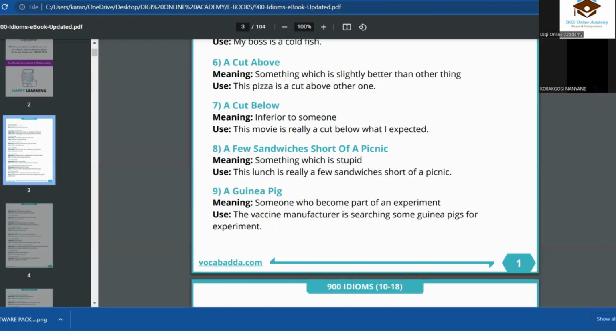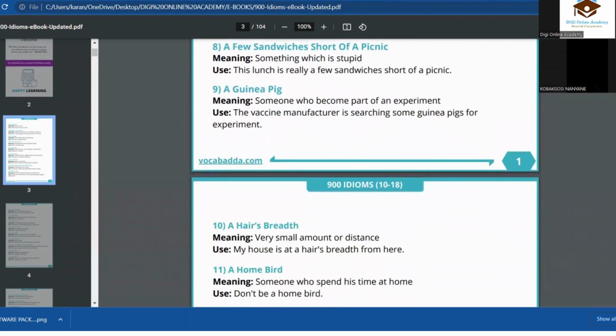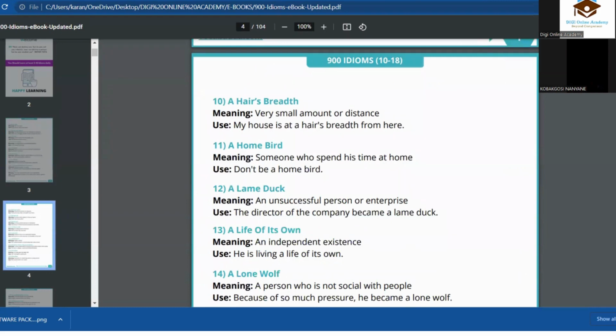Shall we move on to the 10th one? Have you written it? Let me write this one. Yeah, just write it. I'll give you 2 minutes. Yes, I've written it. We can move to the next one. Okay, the next one is